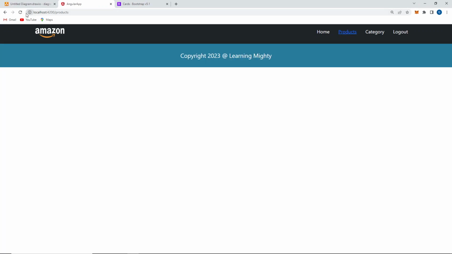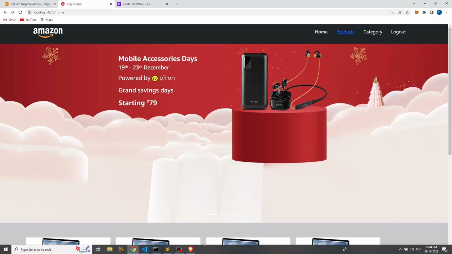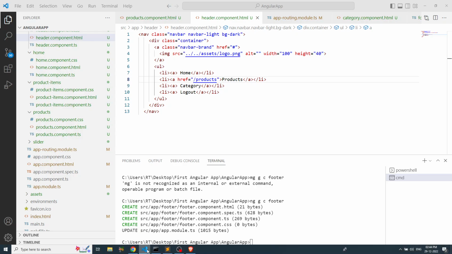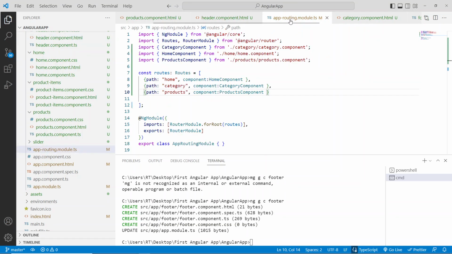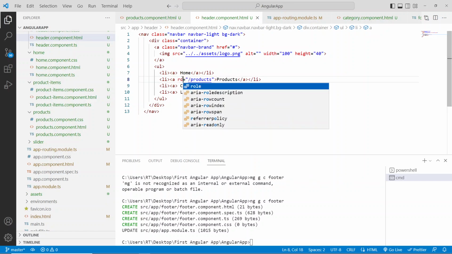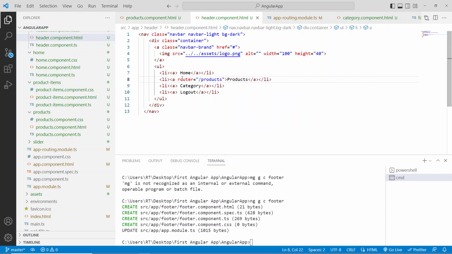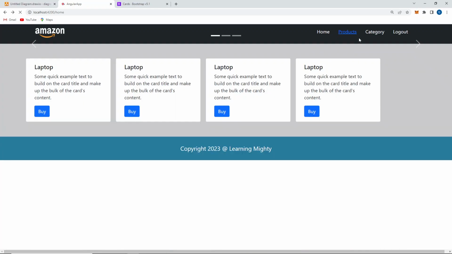But whenever you are using an Angular application, you should not use hyper reference. The reason is that we have routes. That's why we have created the app router module.ts where we have given a path, right? And also you need to use something called router link. So instead of href, just mention routerLink. So this is the actual method. So routerLink. So go to the browser, and here we have